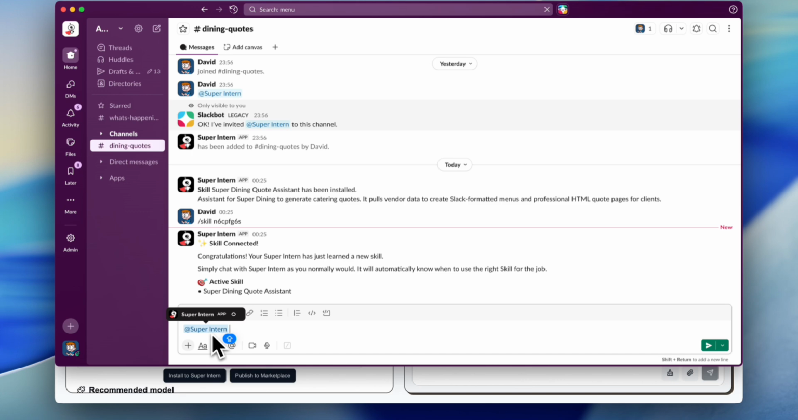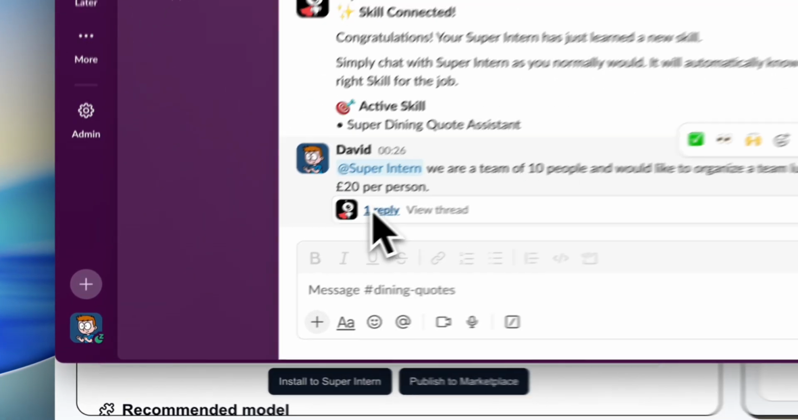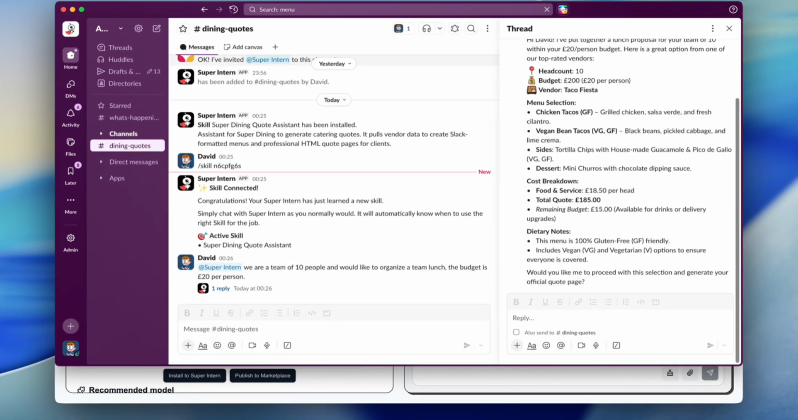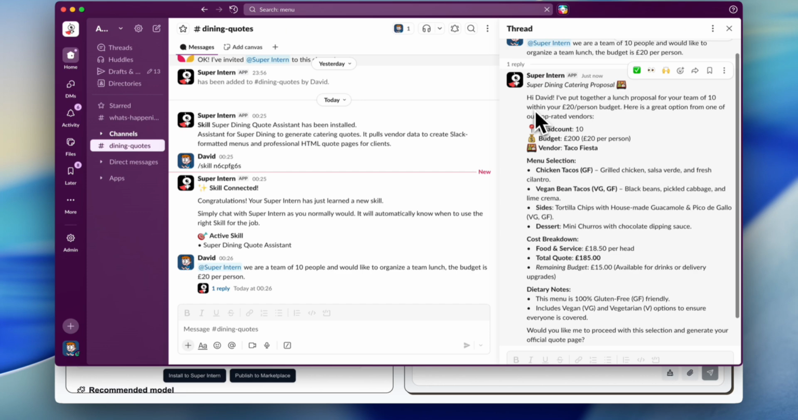Let's use the same example as before. So we are a team of 10 people this time, and would like to organize a team dinner, a team lunch this time, and the budget is 20 pounds per person. And it's getting back to me now. Woohoo. And then after around 20 seconds or so, it comes up with proposals to me already,